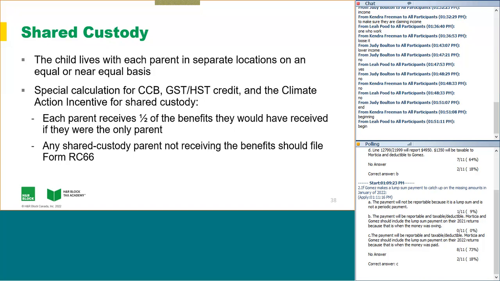File an RC66. Tell them to file an RC66 with documentation to prove that they have shared custody, and that will update the records. Now, from a real world perspective, tell your client that when they do that, they have to think about it. What happens if you have shared custody but you haven't been getting Canada Child Benefit and your ex-partner who doesn't like you has been getting all of the Canada Child Benefit? And you go to the CRA and you prove that you should have been getting half of it. What will happen to the ex-partner? They have to pay it back,